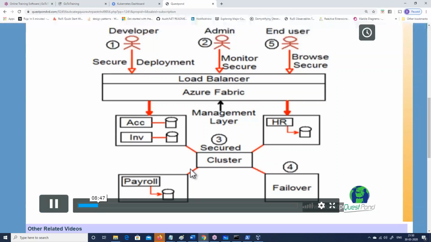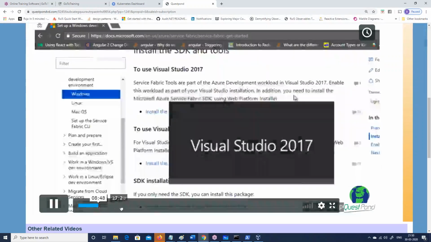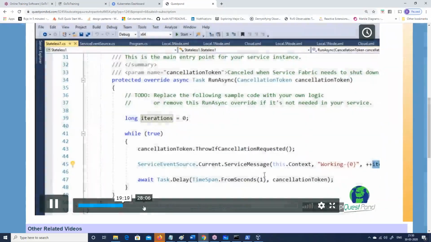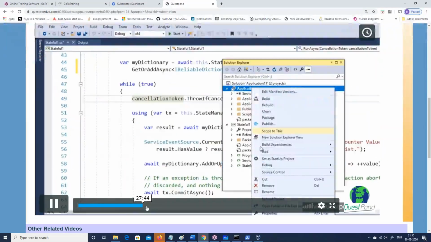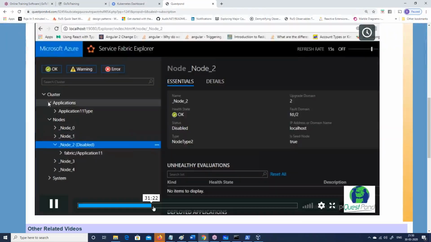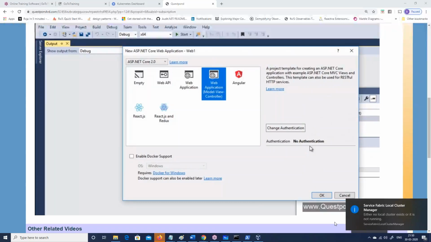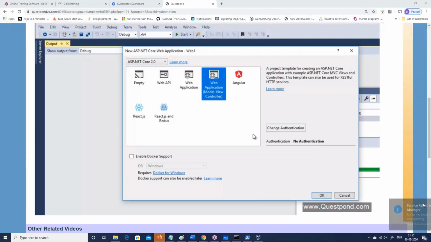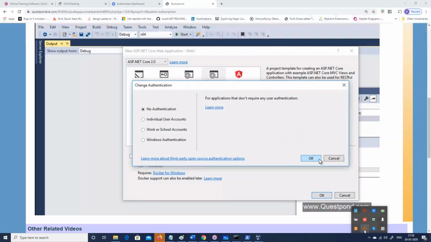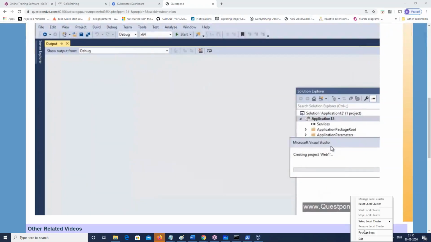So what I did out here is I can show you some very nice pictures of Azure Fabric. It's not picking up, but I do have this Azure Fabric out here. You can see in my computer, I have Azure Fabric.